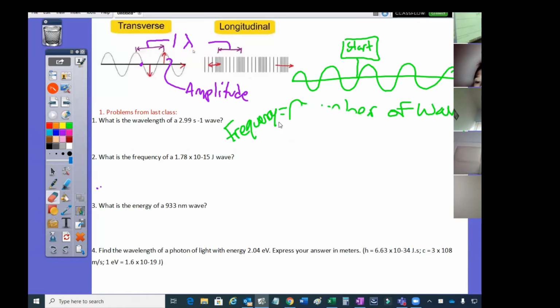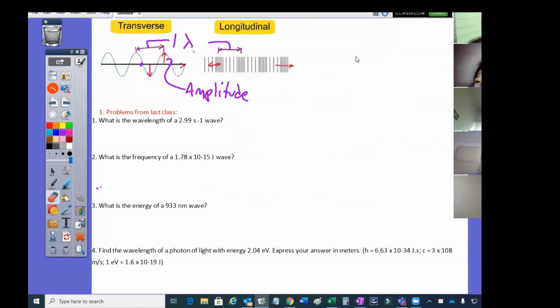I'm going to solve two problems and be done, and I'm going to leave you with at least half an hour to work on those other four problems. The two formulas that you need to learn for this chapter are